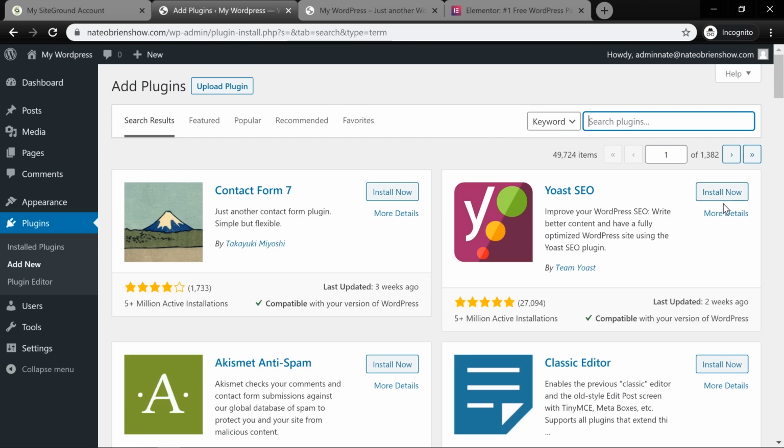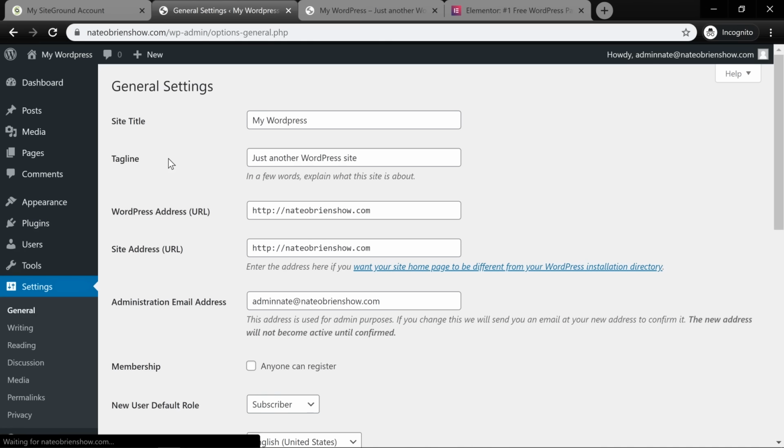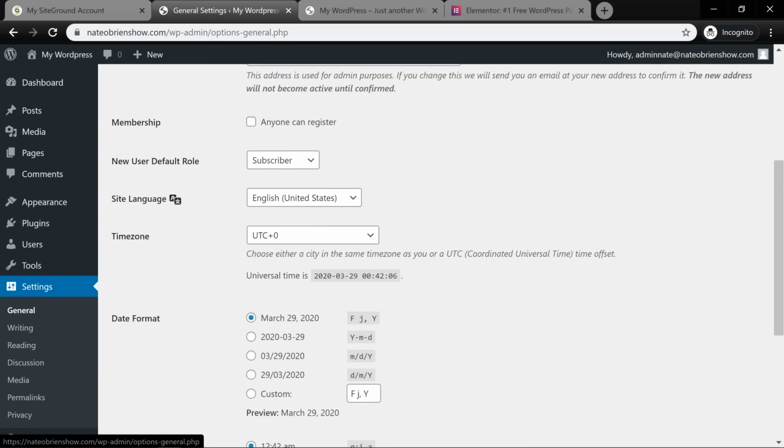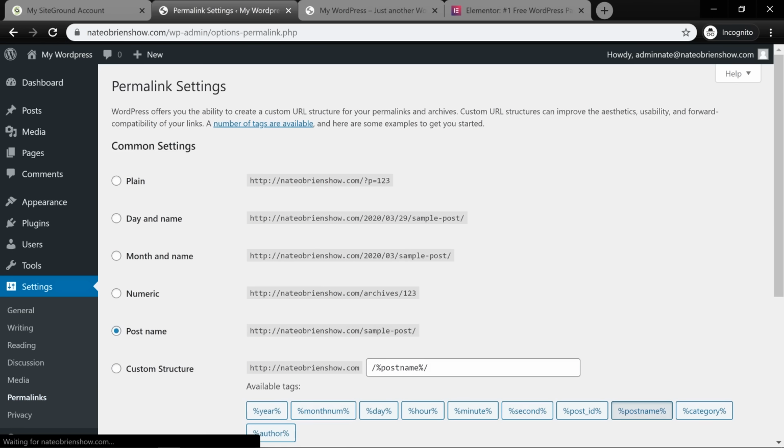So a lot of these I would suggest downloading, like Yoast SEO. You're going to go down some rabbit holes. Luckily, we are going to have you guys covered for most of this. So for the types of plugins to install, going over your settings, making sure that everything looks correct on there, it's certainly going to be a process. If you click on permalinks here and you look at what your settings are going to be for that, you want post name, probably the best bet, so that you're not going to have a bunch of links on your website that look like a bunch of random hieroglyphics, just numbers and stuff.